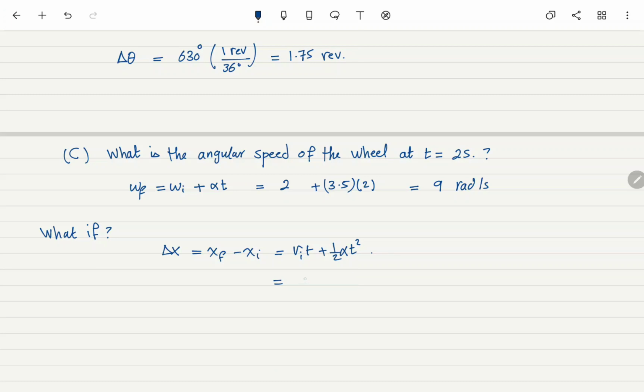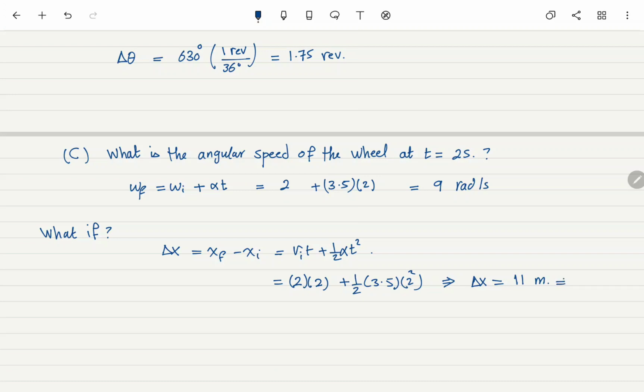Remember, same numbers, but instead of using rotational, we use translational numbers. So 2 times 2 plus half 3.5 times 2 squared, and the displacement delta x will be equal to 11 meters,